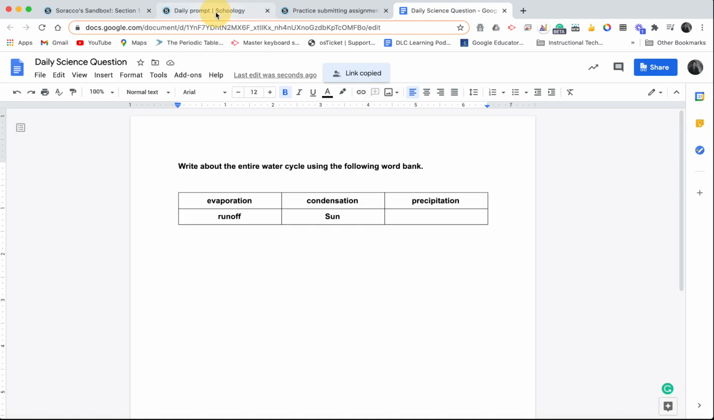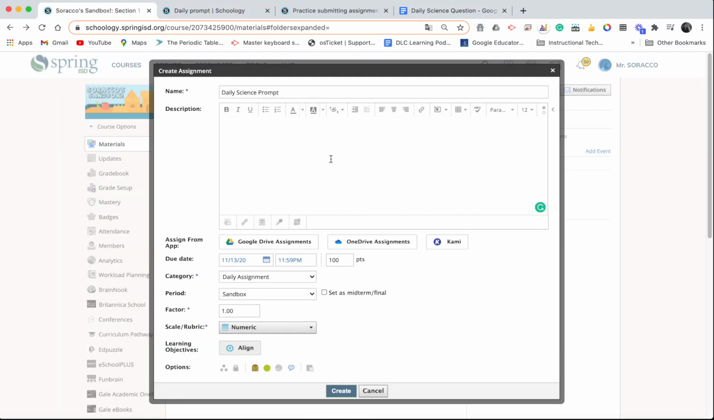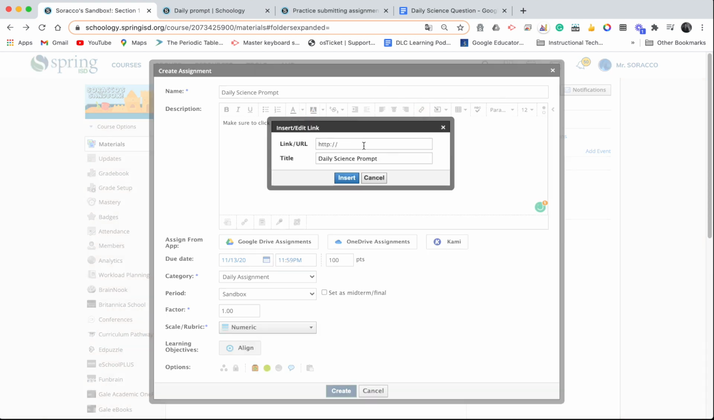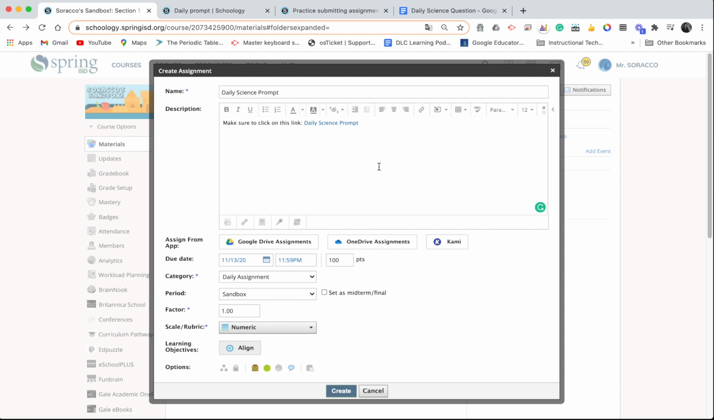We're going to go back to the daily prompt, the assignments right here, and make sure to click on this link. We're going to put the link, Daily Science Prompt. So we're going to highlight it, click on link. Now, when you paste it, make sure that you change the very last part after the slash to copy. Click on Insert. What this is going to do is cause a forced copy for students to open up their documents. When you select Create,